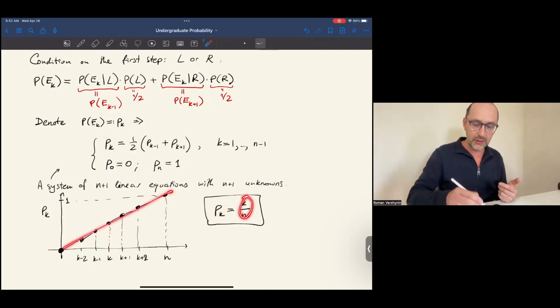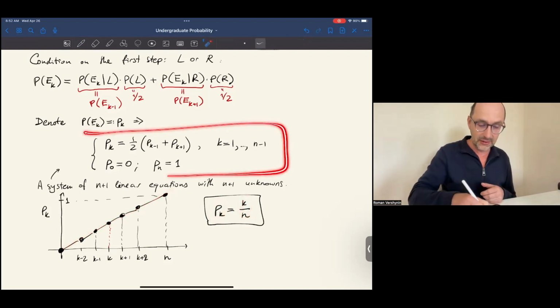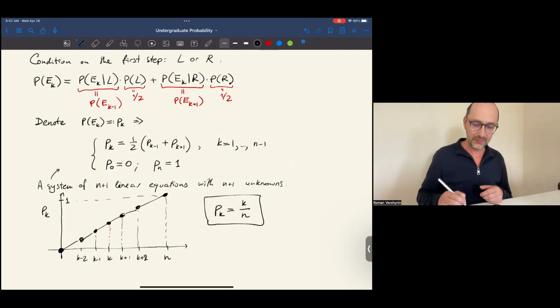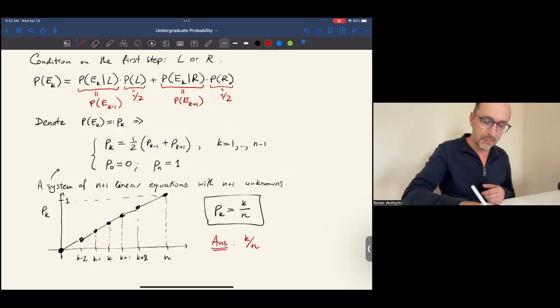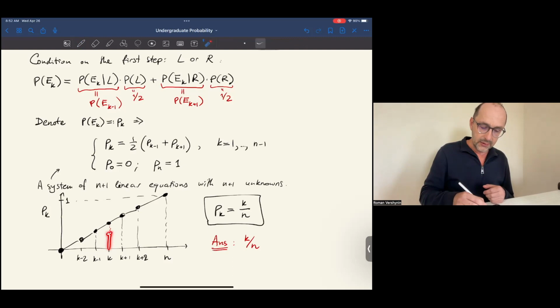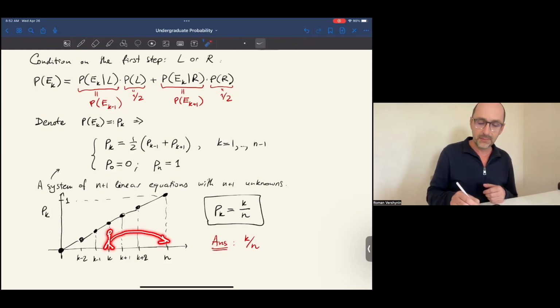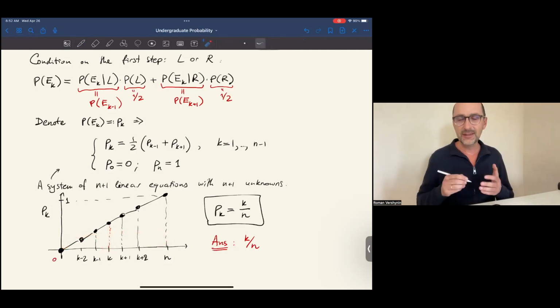And this equation is linear. So this is indeed the solution to this system of equations. And that is the answer. The probability that a random walk starting from position k reaches n, safety, before reaching 0, a disaster, equals k